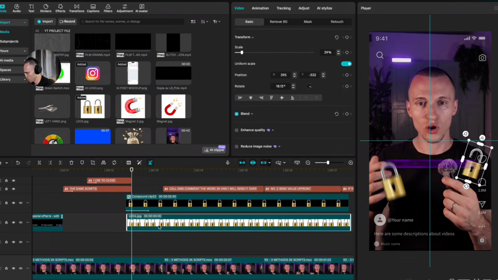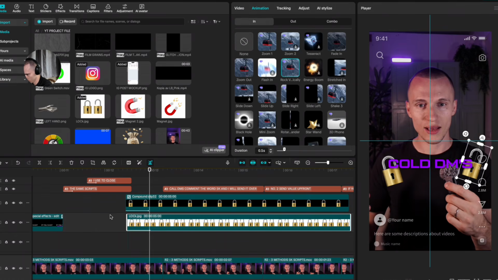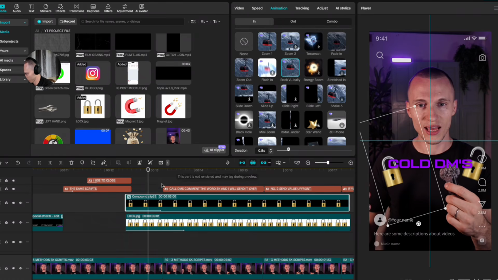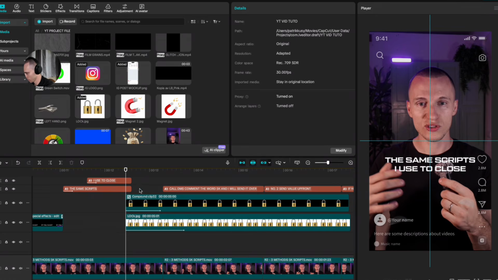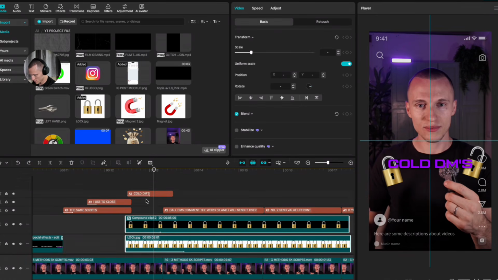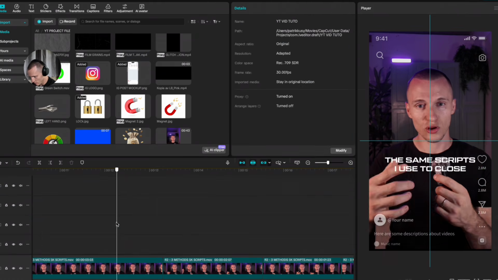Boom. And do the same thing with this lock as well. So just go to animation and apply this lock vertically again. Go back to this layer and apply duration on 0.8 second. And the way this is called present DMs. And now just select these two layers, Discord DMs text layer, and create a compound clip and cut it